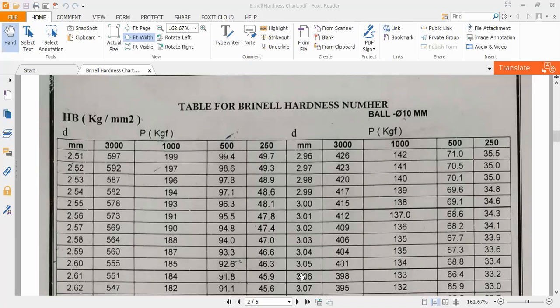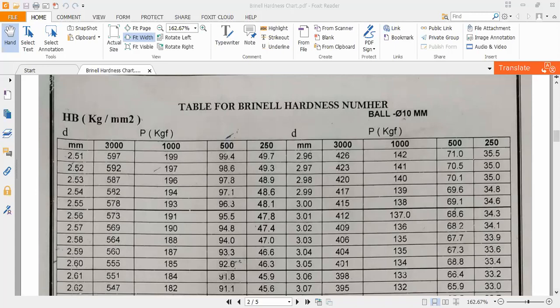So the higher the diameter, the lower the hardness, because for 3.06 diameter for the same load and same indenter we are getting 401, and for 2.60, which is much less than 3.05, we are getting a much higher hardness, 555 Brinell hardness number HBR.